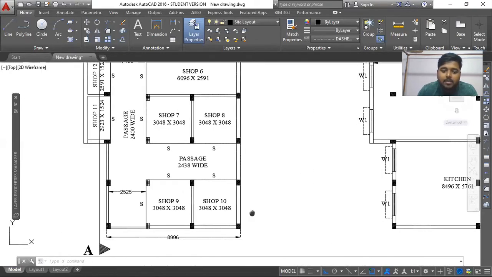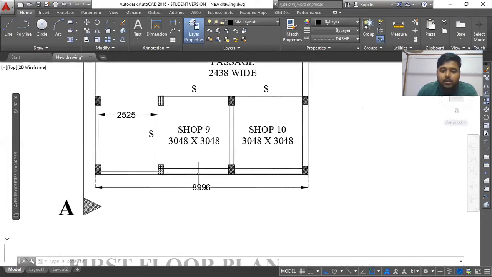Let's say I measure this particular line, and I'm getting it as 9 centimeter.